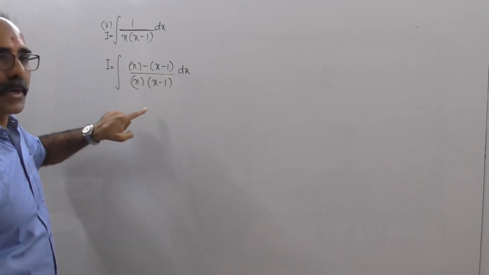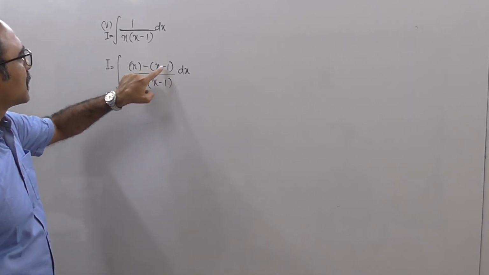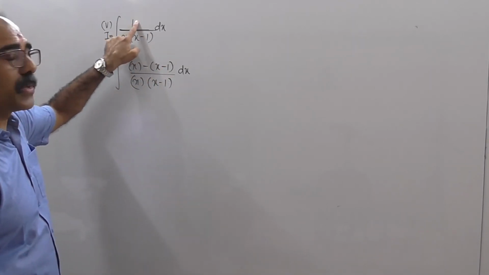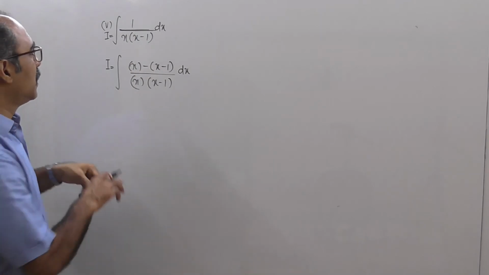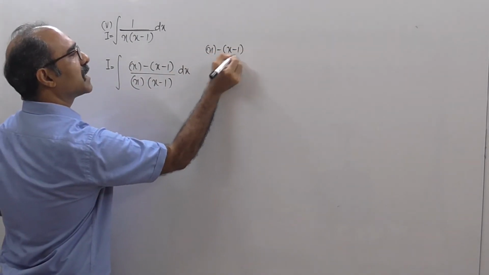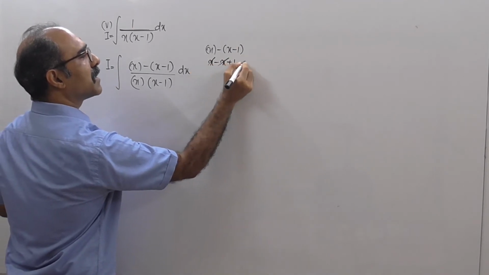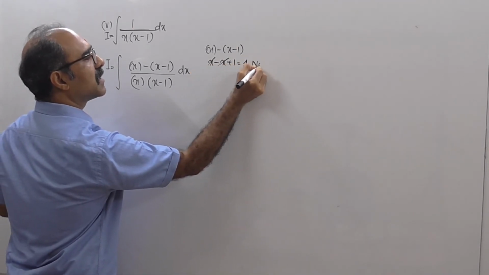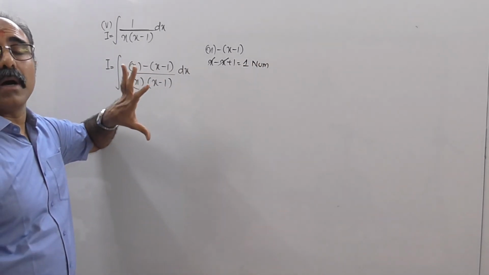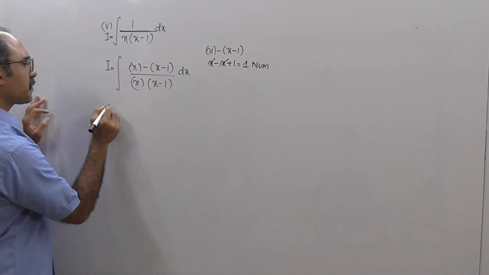Try to open the numerator. If you open the numerator, this x will come, this minus x will come and this plus 1 will come. The same question: which number do you have in the numerator? 1. So if you open this, that is if you open x minus 1, this becomes x minus x plus 1. Minus x plus 1 is cut. I think you get 1. This is nothing but your numerator. So you have to remember that this sum has to be allocated in the numerator as x minus 1.